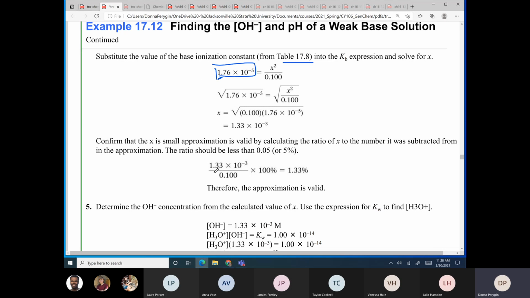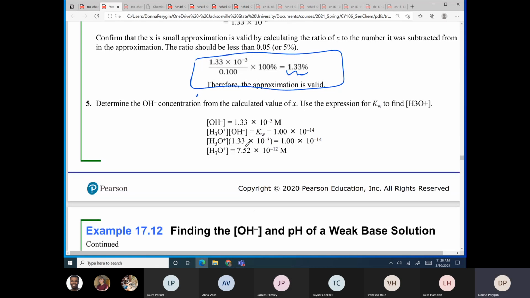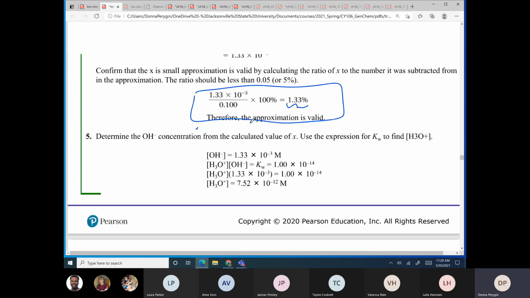But if you want to check that, what you do is take the thing that you subtracted, which is going to be the X here, divided by the concentration, multiplied by 100. So that's part over the whole times 100, and that's going to give you 1.33%. If it's less than 5%, it's valid, and that's the only reason that we work this little part here. All right, so we determined that the hydroxide ion concentration is 1.33 times 10 to the minus 3rd, and that